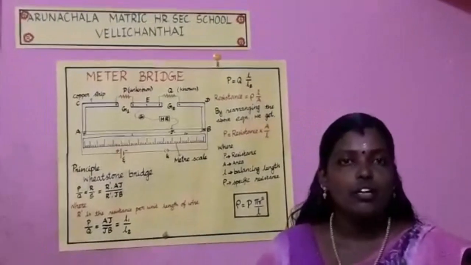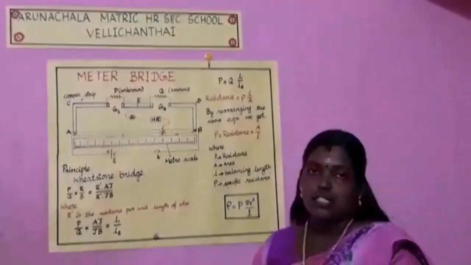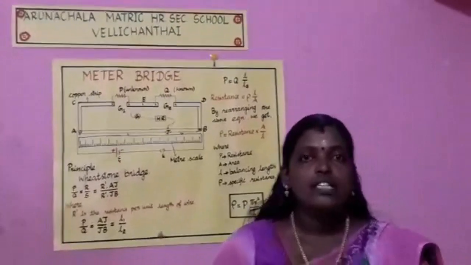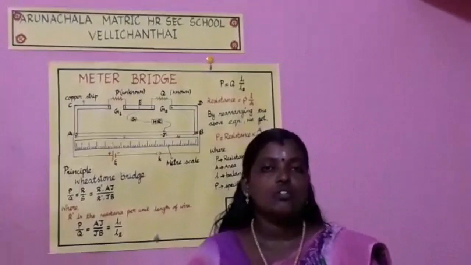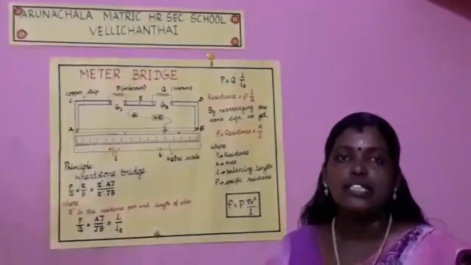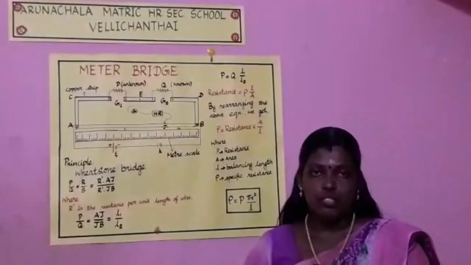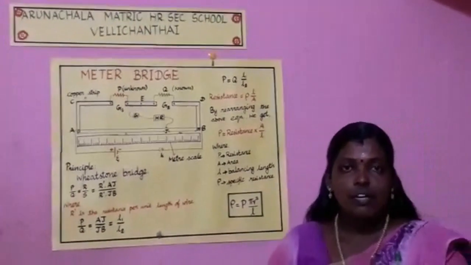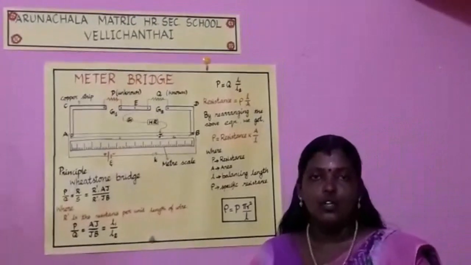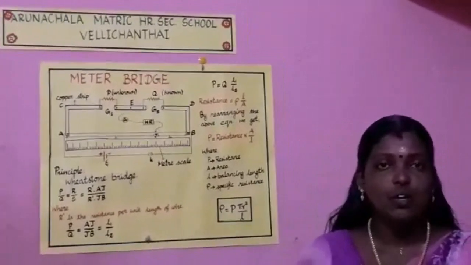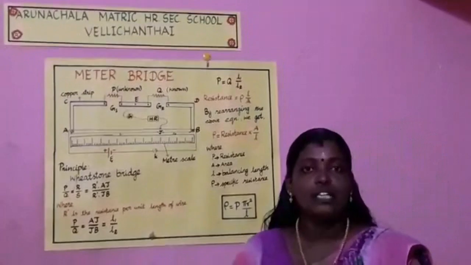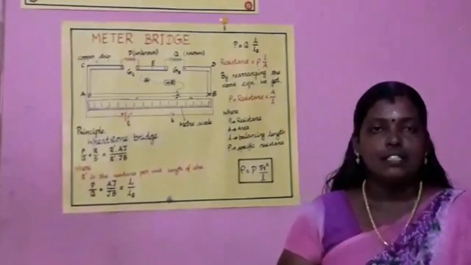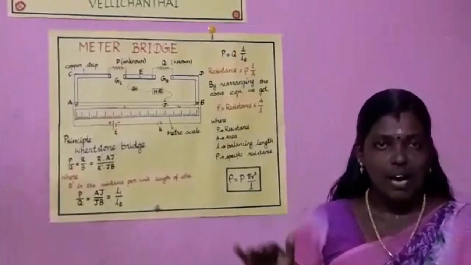Okay, today I am going to teach about the meter bridge. It is used to find the resistance of the material of a given wire and to find the specific resistance of the material of the given wire. Two uses. It is another form of the Wheatstone bridge. So its formula is P by Q equal to R by S. Already we know that when the current through the galvanometer is 0, the formula is P by Q equal to R by S, so that the Wheatstone bridge is balanced.